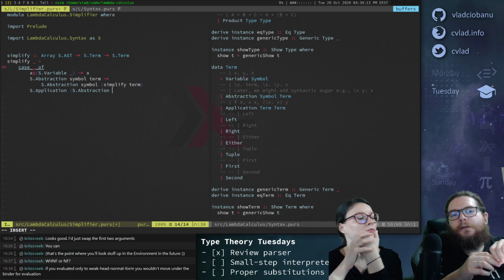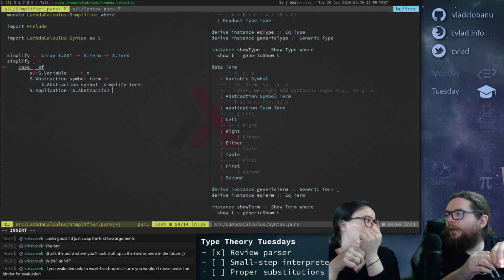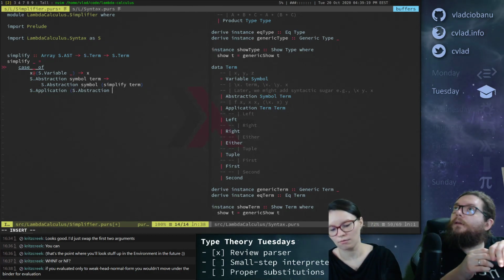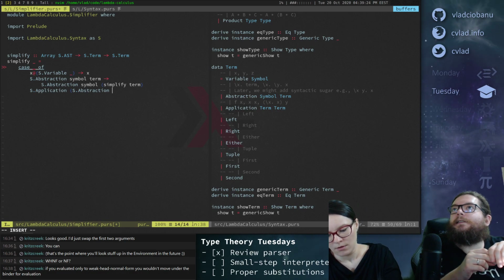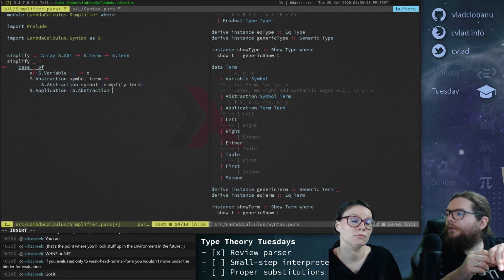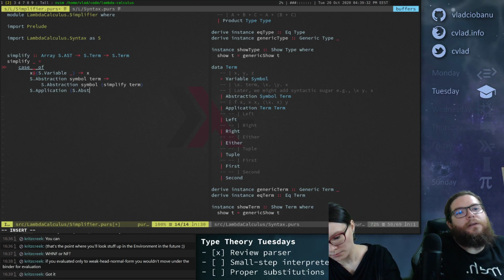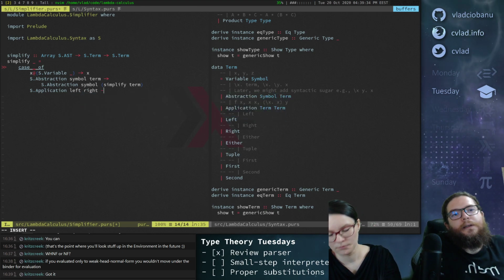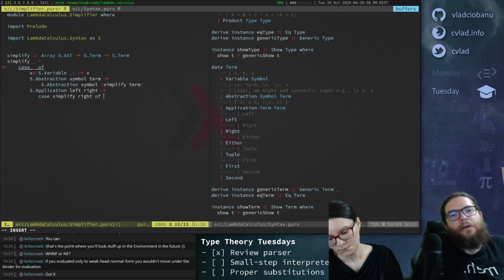I'm pretty sure, so sure, you need to simplify left and right as well. Oh, so you're saying simplify left first and then see if it's an abstraction? I think you have to simplify both of them. So you're saying you have left and right, and you're going to do something like case simplify right, left of.